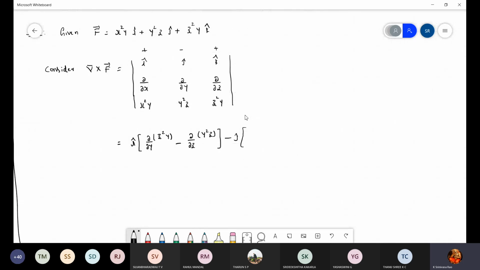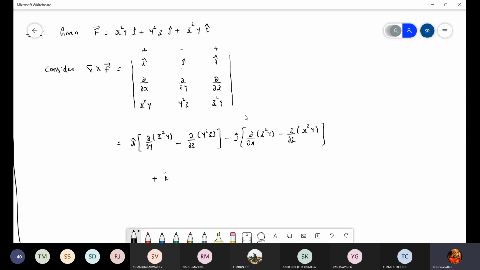If there is a confusion, better you go in this way only. It takes a little bit of time, but you should write the correct answer. Minus j cap into particular column and particular row. So middle column and first row, second column and first row you neglect. You will get dou by dou x of z square y minus dou by dou z of x square y